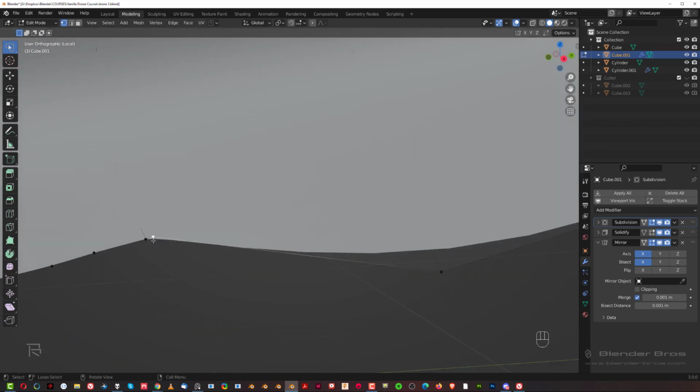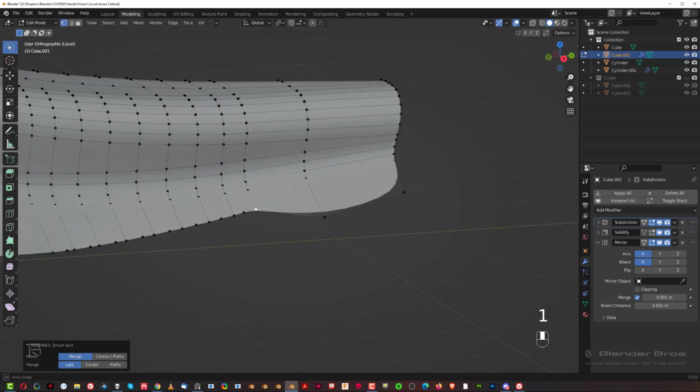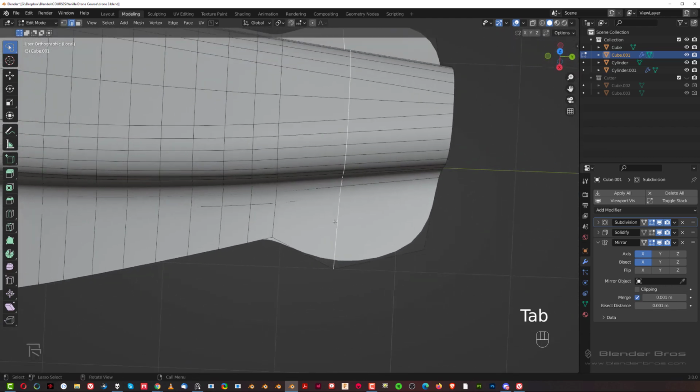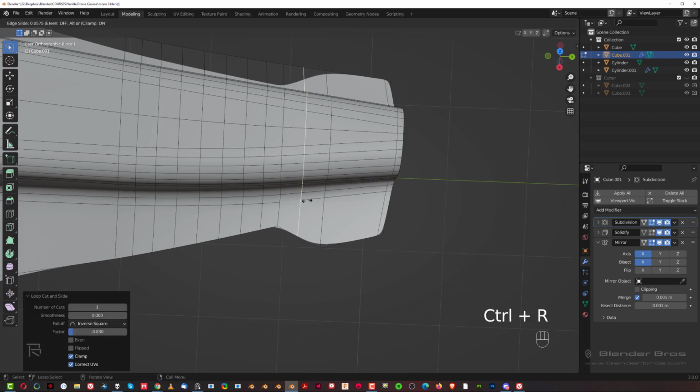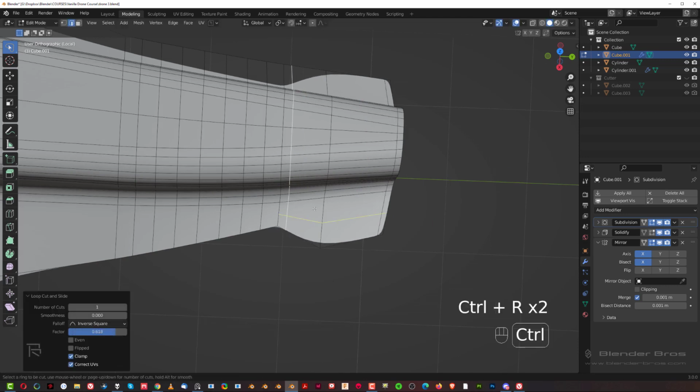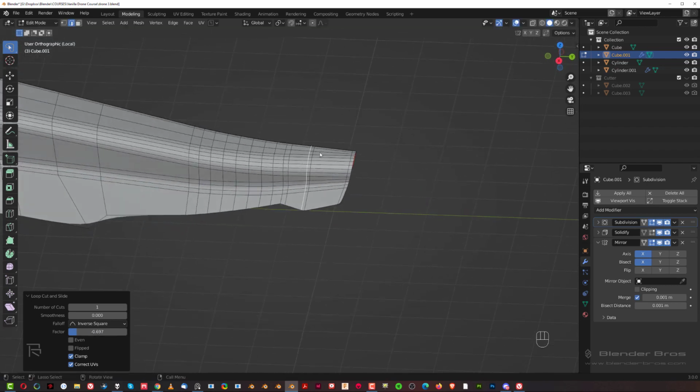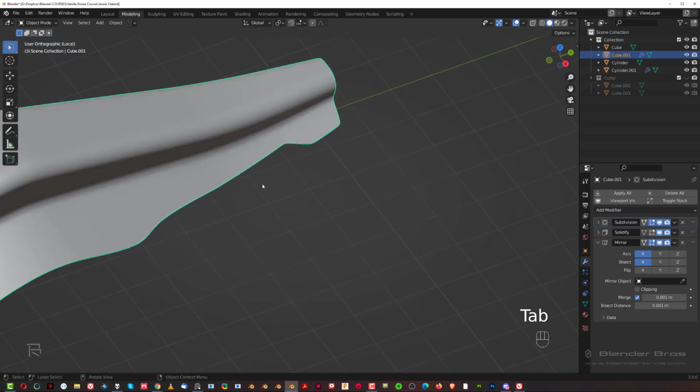Also there is a double vert in here which we need to fix. There we go. So here, if you want to make this a bit more squarish, what you can do is add another loop here and move it to the edge, and then another loop here and move it to the edge, and then another loop here and move it to the edge, and it's going to be a little bit more, you see, sort of squarish, but it's still